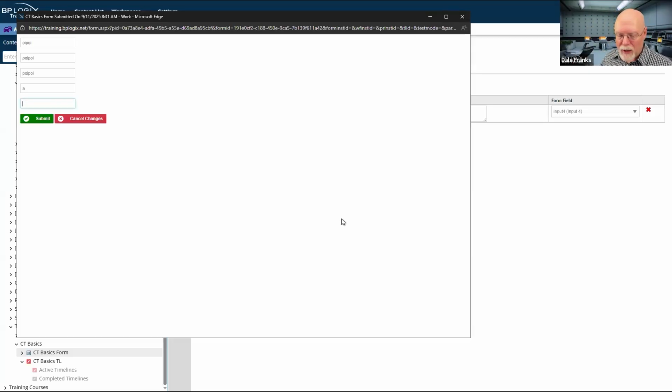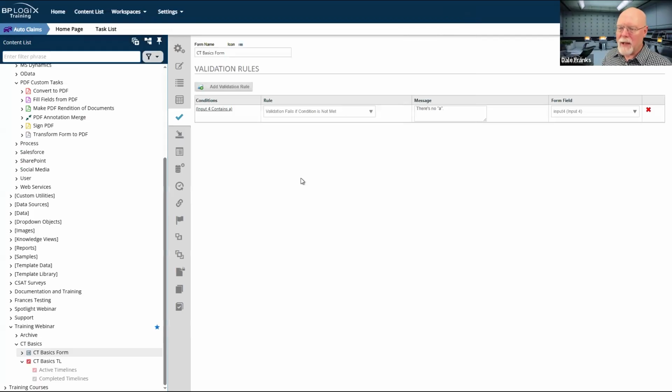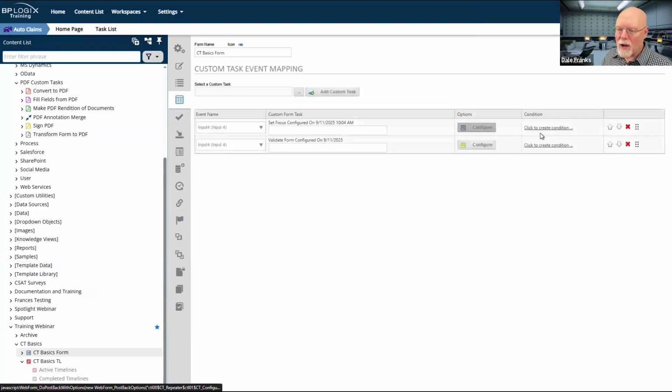And if this field 5 here had been required, that validation wouldn't have mattered, because I'm only validating that single field, input 4, via my custom task. So that custom task is also a very useful one.